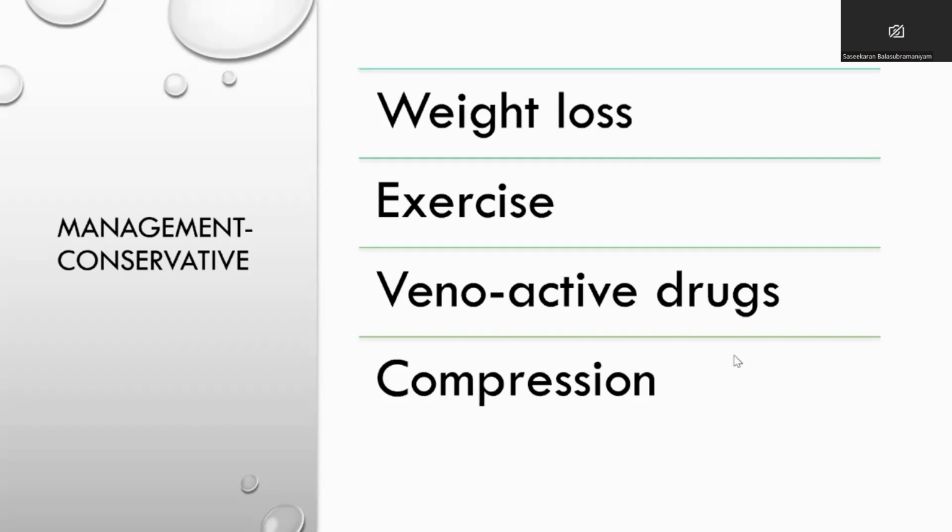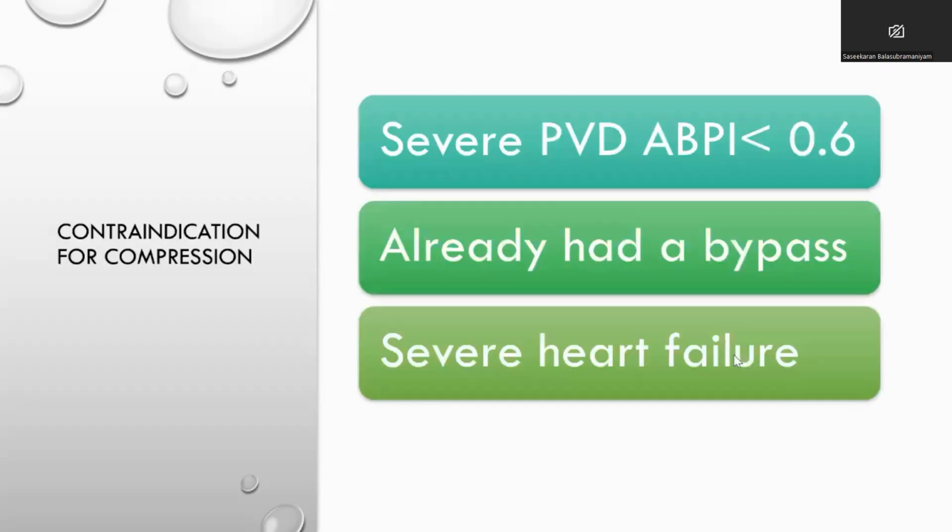And the one anyone can do is proper compression. So before you compress any venous ulcer, again, check the pulse. If you have a distal pulse, you don't need to worry. You can apply proper compression. But if you can't feel the pulse, I would say send the patient to a vascular surgeon. There are certain patients we can apply the compression, but before that we should see the ABPI and we should have close monitoring of how these wounds behave.